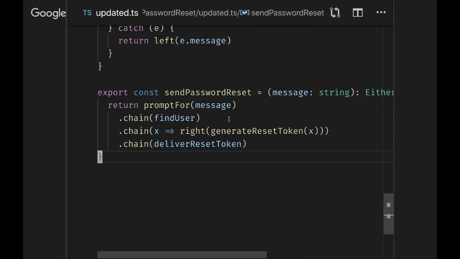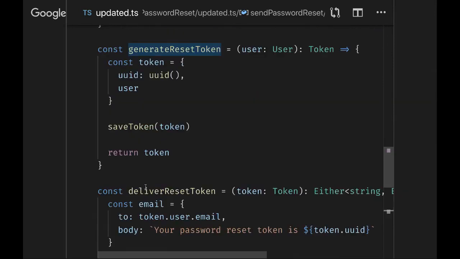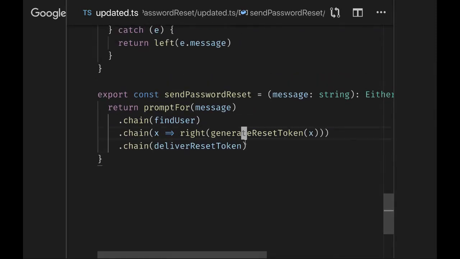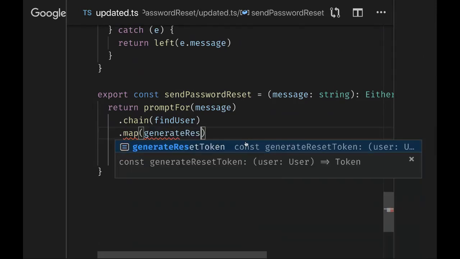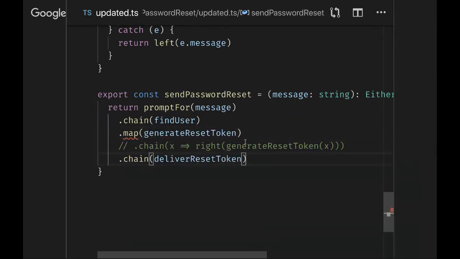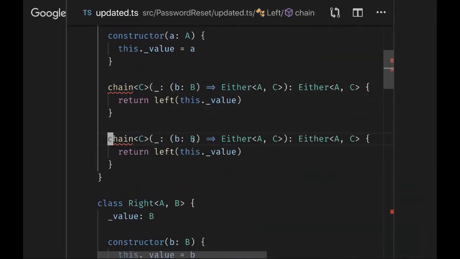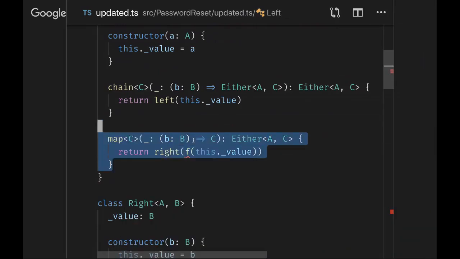Now you may say to yourself, I hate that I had to annotate this right here. This generate reset token doesn't have anything to do with error, it doesn't error at all. I don't have to worry about this nonsense. And you're totally fair to say that. It is pretty common to package up other methods in your object, so you could write something like this. All right, that would be my goal. I can do that. I'm just going to add these. Right, so if you have a function that just returns a C, not an either C, this would be the right thing.